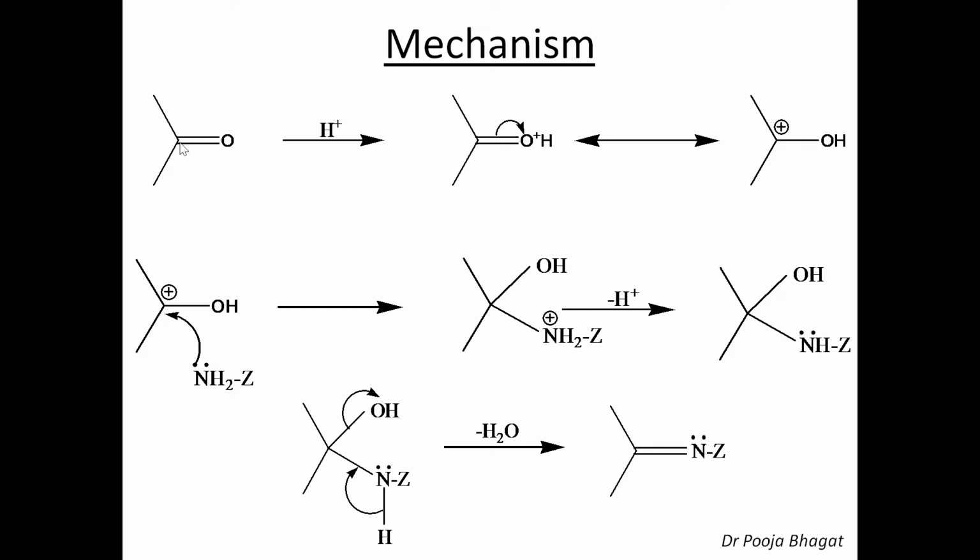So, this carbon is having partial positive charge. In presence of acid, this carbon now will have complete positive charge. So, if you have to compare the electrophilicity of this carbon and this carbon, this carbon is more electrophilic in nature, or it is a stronger electrophile than this carbon. So if the attack of the nucleophile takes place at this carbon, which is having a complete positive charge, rate of reaction increases.